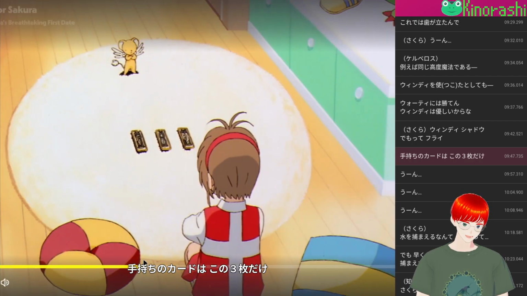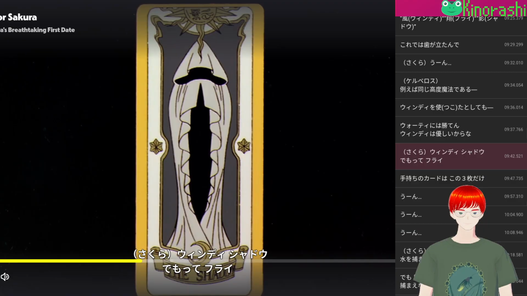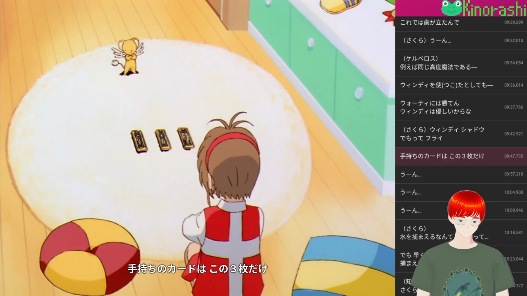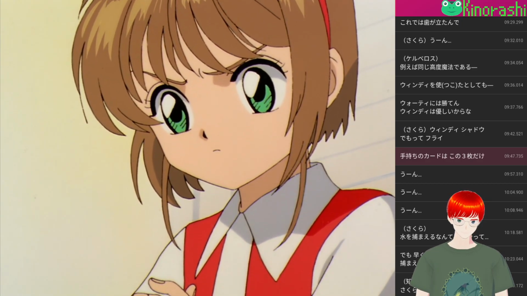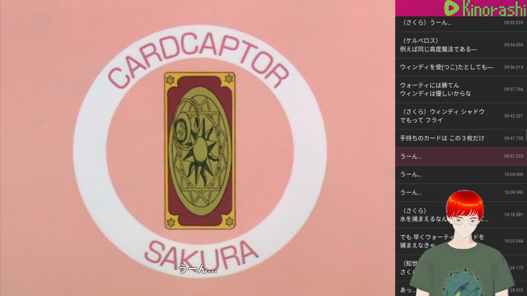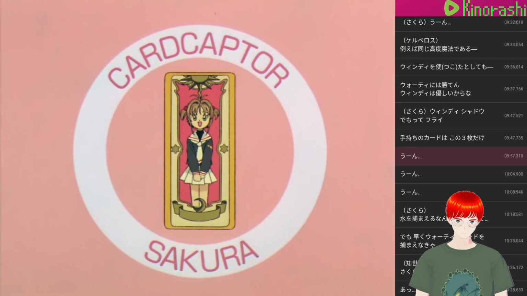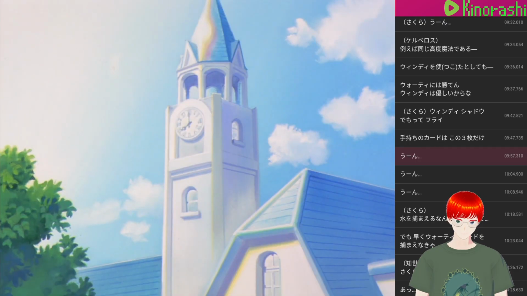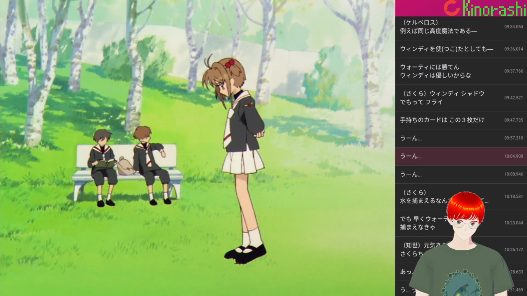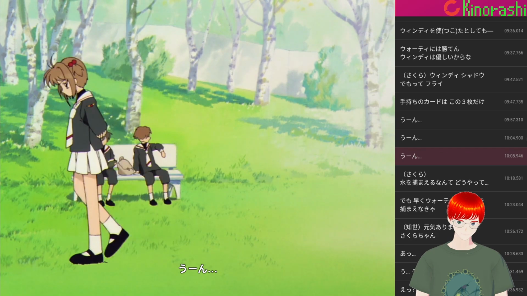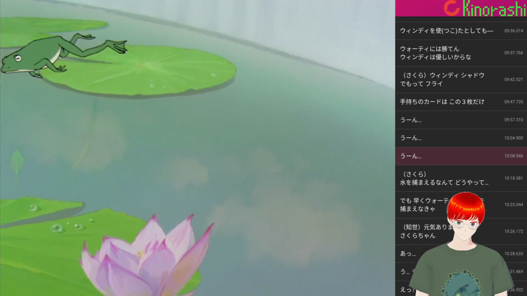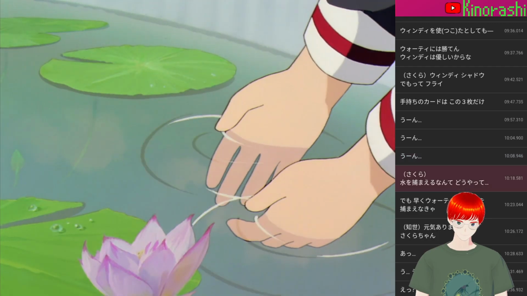うちのカードはこの3枚だけ。シャドウでもってフライ。手持ちのカードはこの3枚だけ。水を捕まえるなんて。